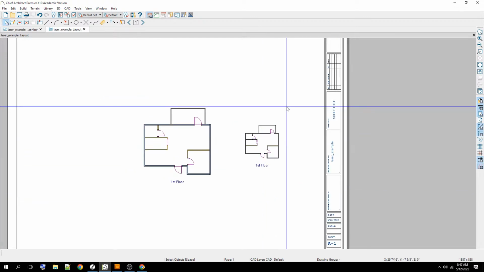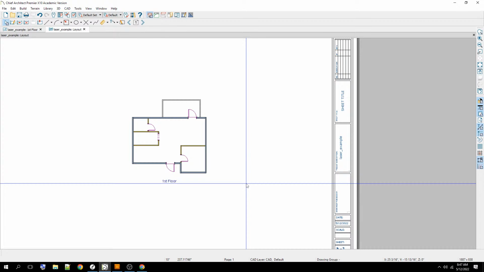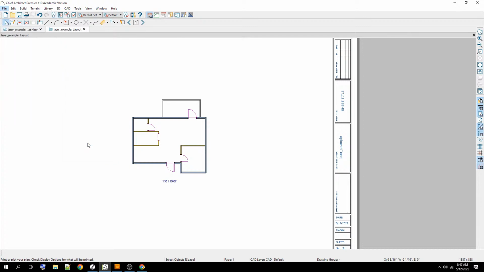So let's just delete this little one, too small, and let's say I want to put this out on my laser. Okay, how do we do it? So first, you have to print it, okay? And then the question is, when you print it, we're not going to use a real printer. We're going to use a PDF printer. So it's just a digital export, okay? So when you go down to here to print,